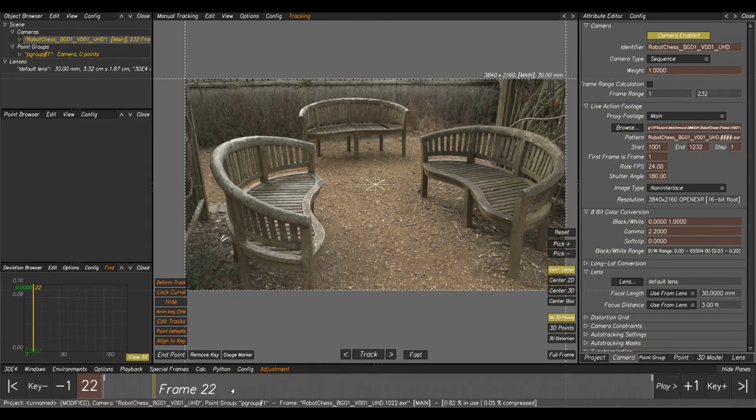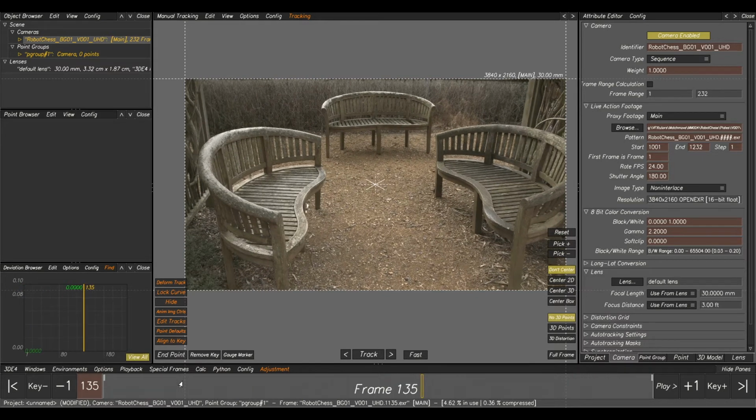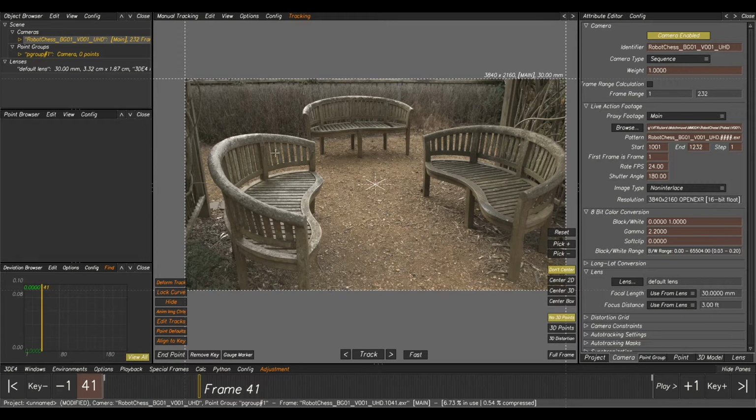Like always, we can't really play through at the moment. It's very jittery, so we need to export our compression file out first. But before we do that, we need to save it. So if we go to 3DE4, the bottom left, click on it and go to save project as,